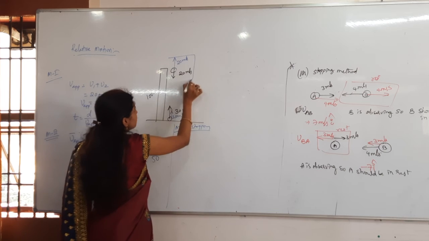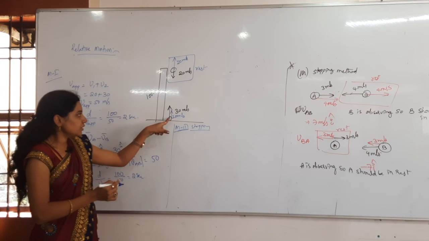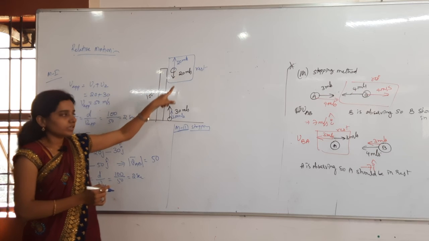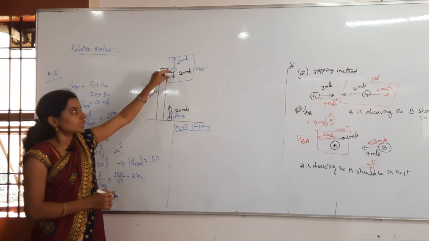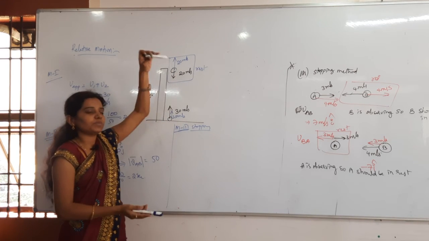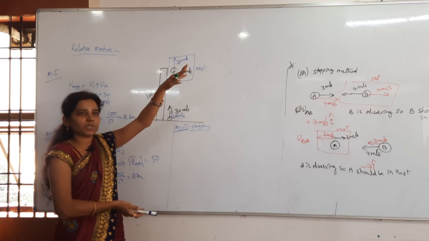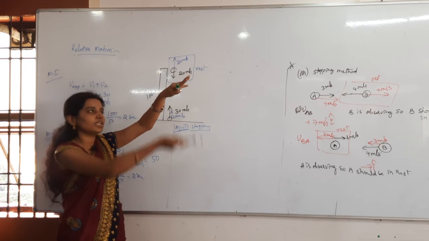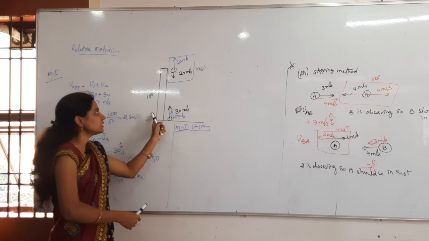Now this came into rest. This is at rest. Now this one is going and then hitting. How much distance is it travelling? This one is at rest on the top of the tower. So instead of throwing downwards and upwards, I am just keeping it at rest. So this one is going and then colliding. How much distance is it travelling?